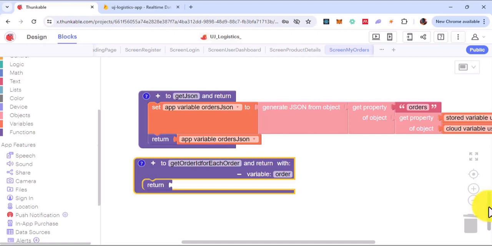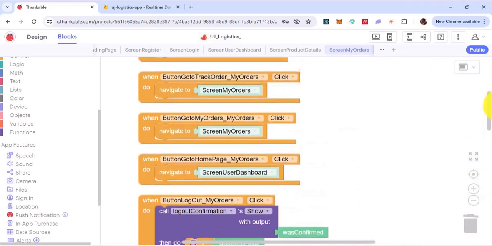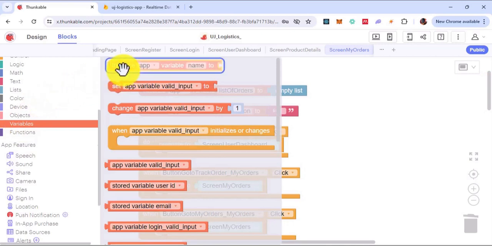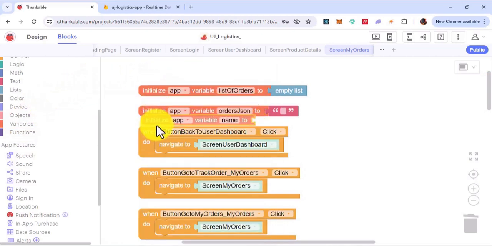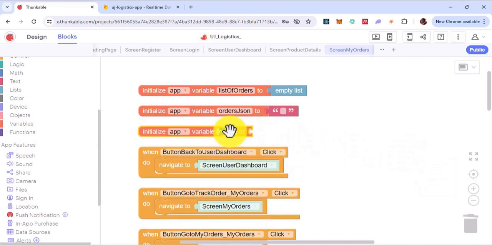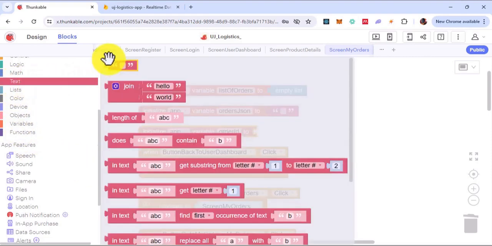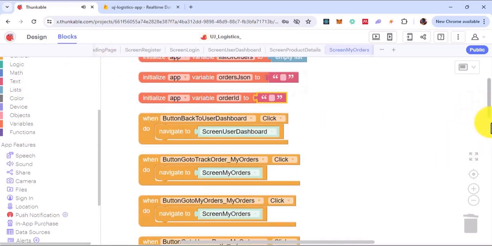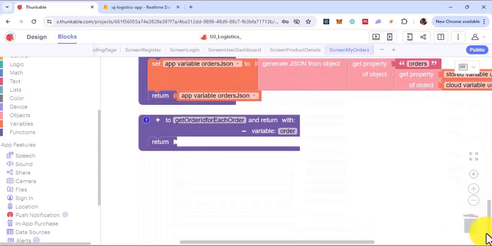I want us to go ahead to create a new variable, initialize a new variable, and the name of that variable is going to be order ID. So whatever you're doing, you can also apply all this to your peculiar case. Now call this variable order ID, and I'm going to also initialize it as an empty string. So let's come back to this. I would then say set variable order ID